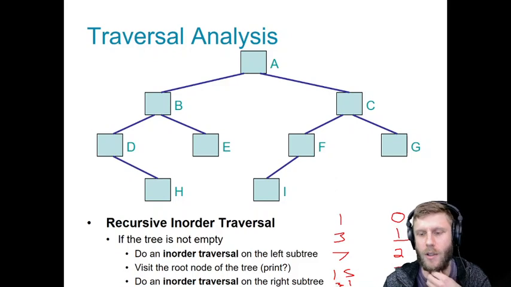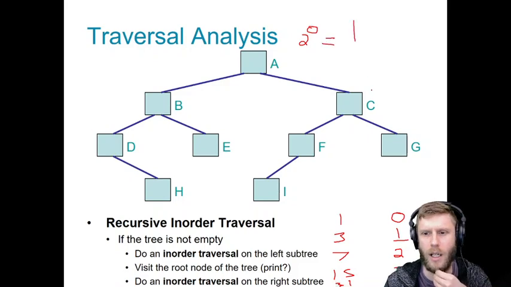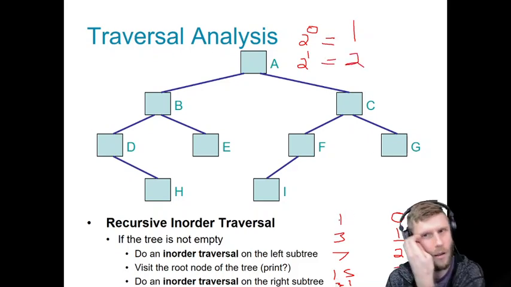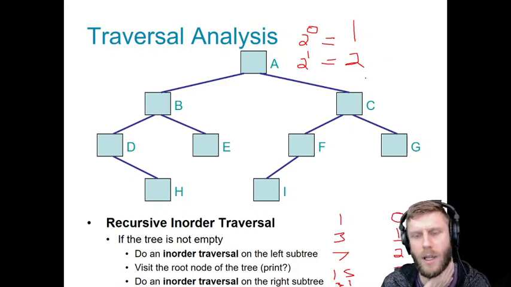So what do we have to do to 0 to get 1? Well, I mean, 2 to the 0 equals 1, right? Is that right? So then we've got 3 here. So 2 to the 2, or pardon me, 2 to the 1 is equal to 2. Well, that's not quite right. Right? So what if it's so